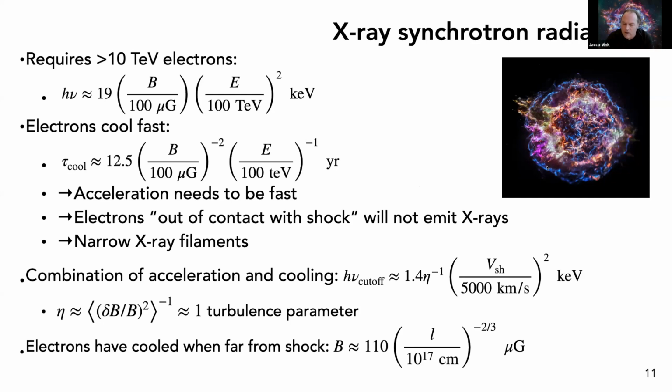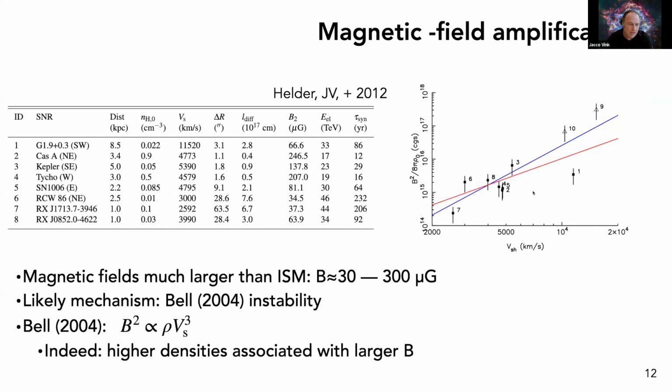And it turns out that if you measure it, a 10 to the 17 length scale corresponds to 110 microgauss. So measuring the width of these filaments, and I showed you 1006 where it's a little bit wider, gives you immediately a measurement of the magnetic field strength in those supernova remnants. To wit, this is the downstream magnetic field, so after the shock passage. And you can see, the magnetic fields turn out to be very high.